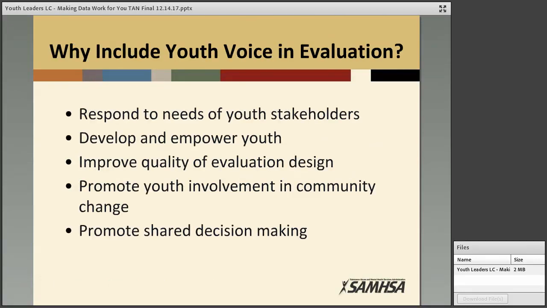So why should we include youth voice in evaluation? Engaging youth in research and evaluation really generates useful knowledge for your program and community, but it also provides opportunities to facilitate leadership development and empowerment. Foundational research in the field identifies three major factors that foster resiliency: caring relationships, high expectations, and opportunities for youth